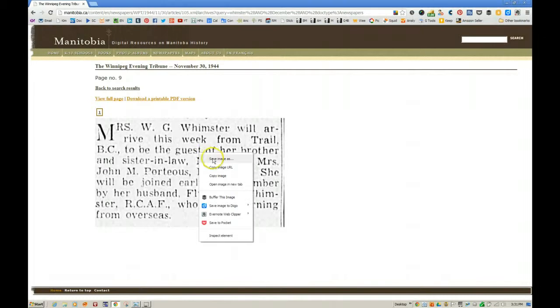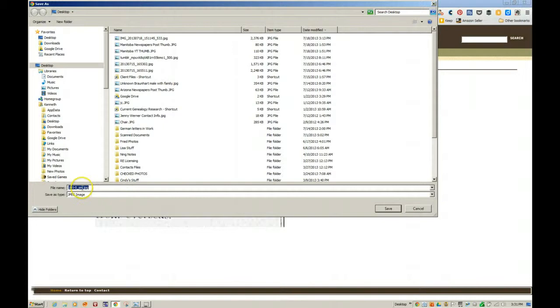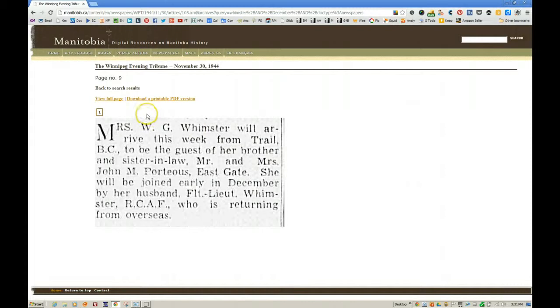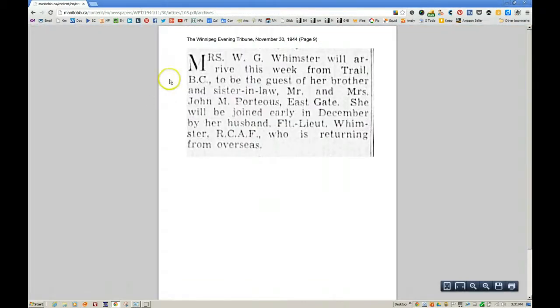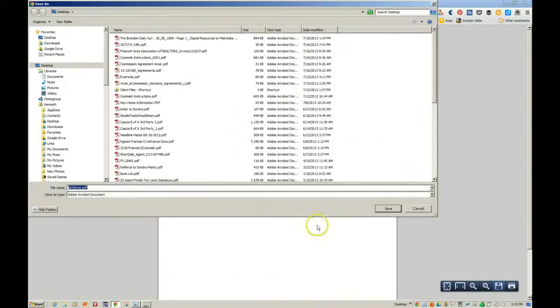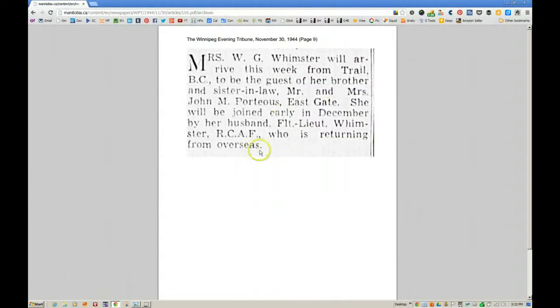I can right click and do a save image as and save it on my computer. In this case, it's a JPEG file, and I would obviously change the name, or I can download a printable version in PDF. If I do that, it has the name of the newspaper, the date, and the page number, as well as the article itself. And using the PDF toolbar here on the lower right, I could save it as a PDF that way. Again, obviously I would change the name, and if I wish to, I could display that in a blog post or in a book or whatever, or I could subsequently crop this image and make it a JPEG